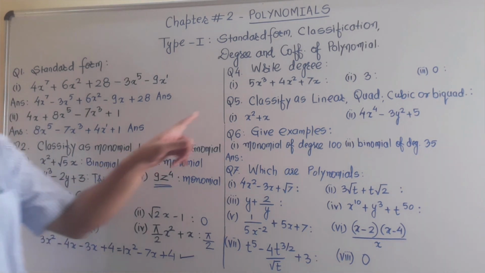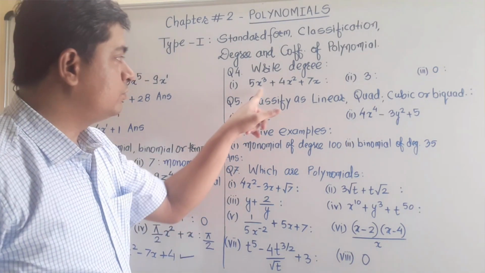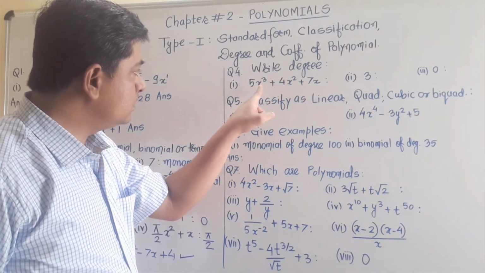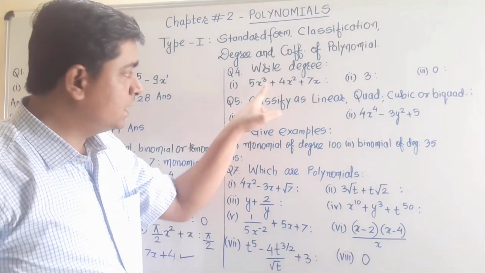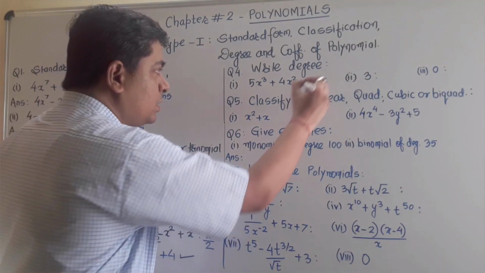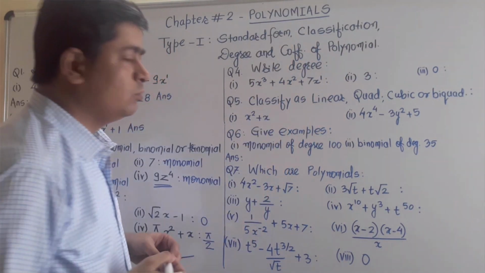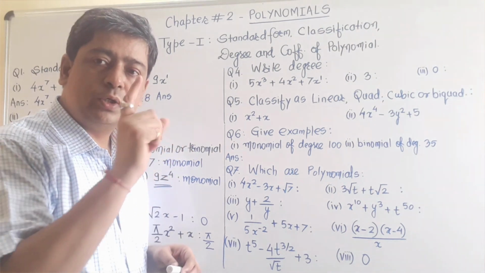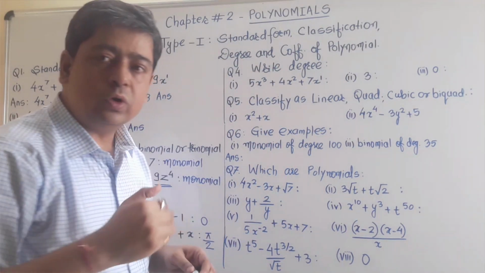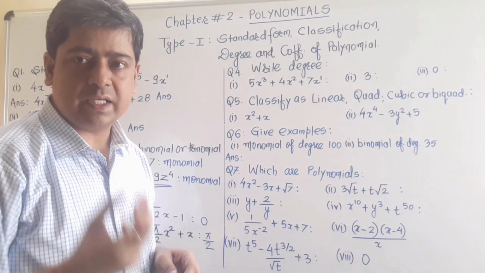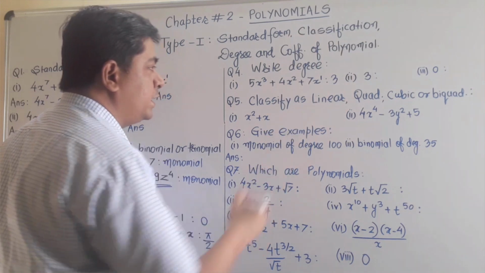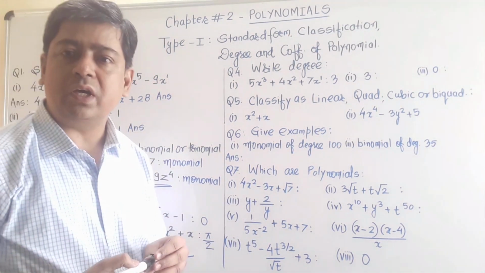In the same manner, now look at the first part. Observe all the three terms. Here the power of x is 3. Here the power of x is 2. And here the power of x is not given, so we can assume 1. Out of 3, 2 and 1, who is the highest one? 3 is the highest one. So we can say that the degree of the part number 1 polynomial will be equal to 3.